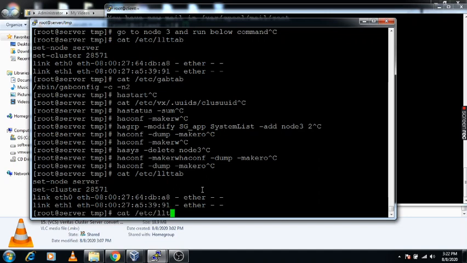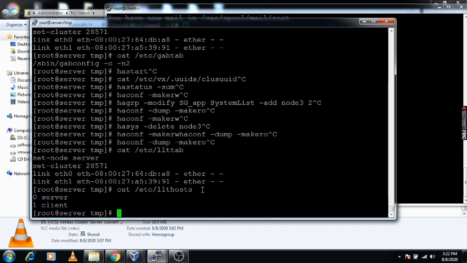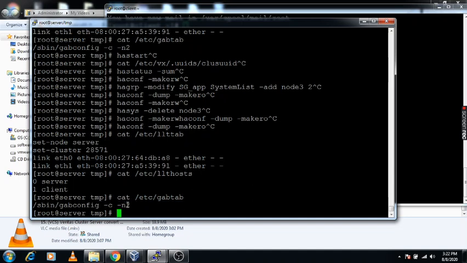Then in llthosts you need to remove node 3 if you have added it. In gabtab you need to change n3 back to n2. So these are the commands you can use to add another node in your existing cluster.